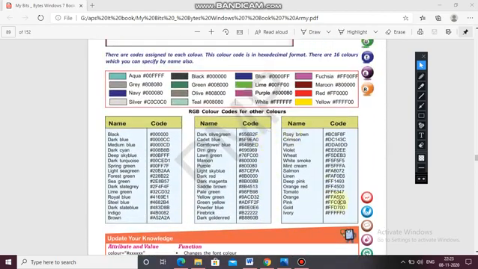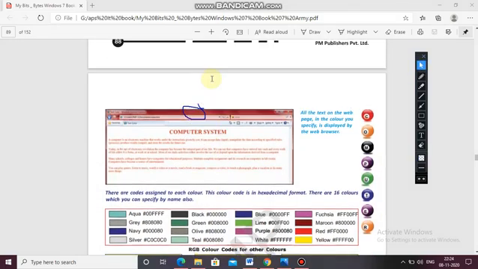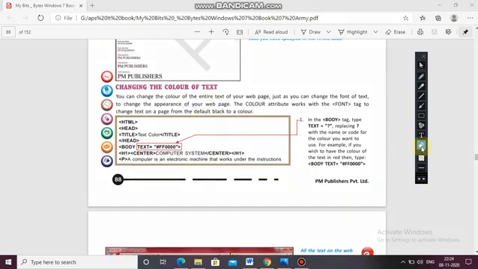Here the table is given. Some of the names you have to learn and their codes also you have to learn for the examination purpose, because this can come in your examinations also. So it is a very important part for you. Here it is written RGB color codes, that is red, green, blue, a mix of that. Okay, now next, what else have we seen?